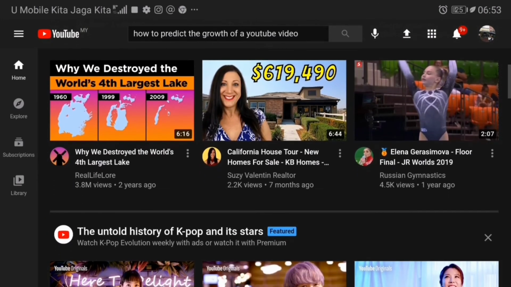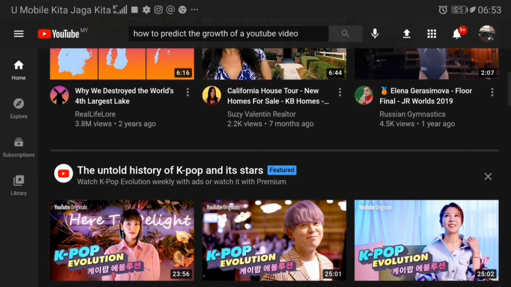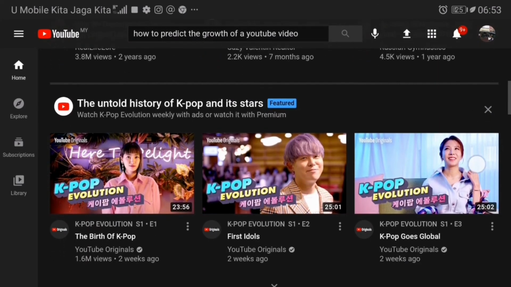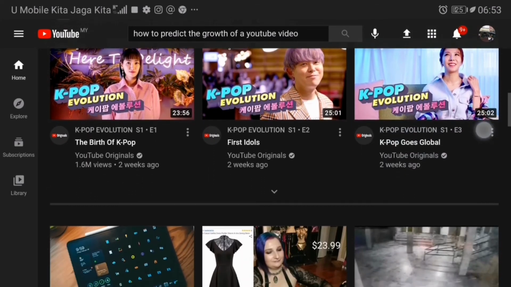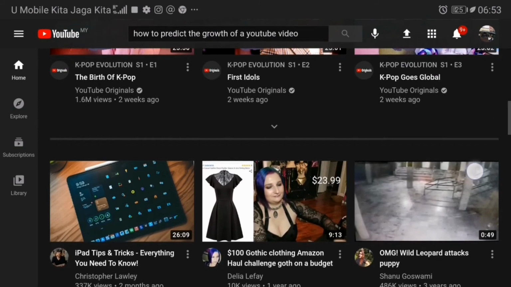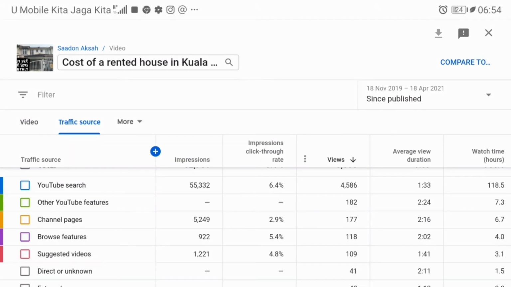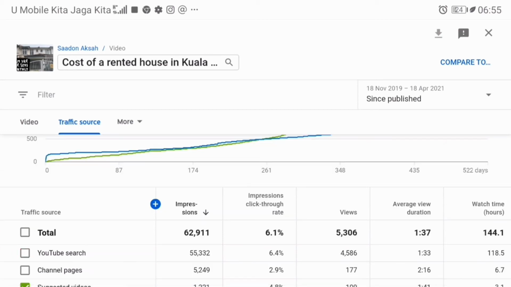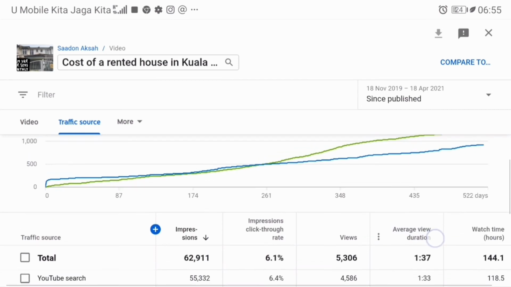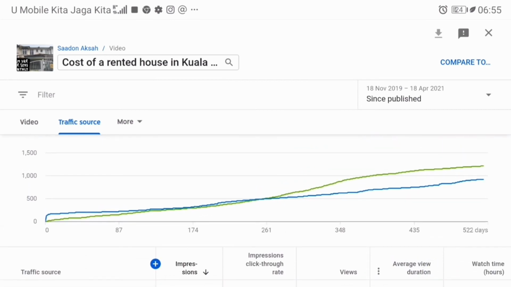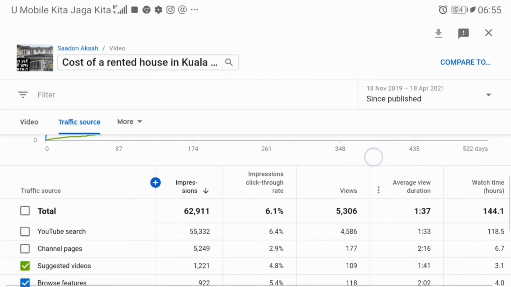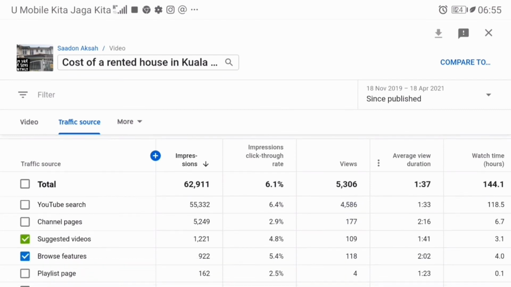Note here that your video thumbnails would have to compete with all sorts of videos from all sorts of creators, big and small. So the question is, is a CTR of 5.5% good enough that YouTube will continue to push this video to the home feed of a YouTube user? Again, we need to check the impression of that video, and the slope was less steep compared to the search impression. Then we know this CTR was just so-so, and that YouTube was not really pushing this video to its